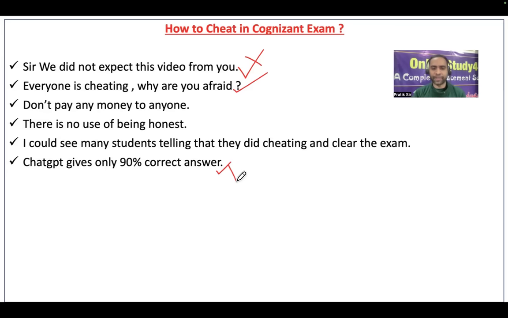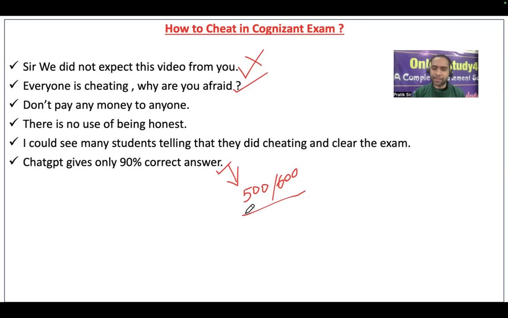I will tell you one more thing. On Telegram, students are paying 500 or 600 rupees for exam help. Now, who is helping in the exam? Have you ever thought about who is helping? These are the people who are not able to clear any exam, and now they are earning by helping you all. If I am working in some company and I cracked the exam, why will I go and help people? Where will I get the time? I need to go for work, right?